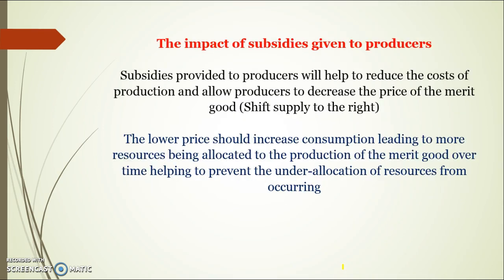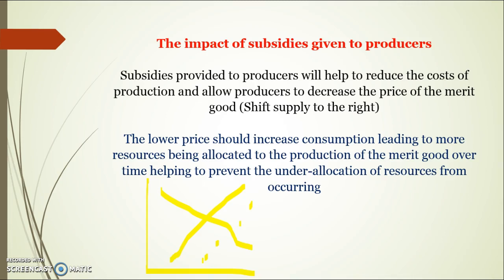So there's two different types of subsidies. You can give a subsidy to a producer, and that is designed to reduce the cost of production for the producer. So basically, if you've got a demand and supply curve, that would help to shift the supply curve to the right and lead to lower prices, and then that will help to increase consumption because of the lower price, and more resources will be reallocated to its production because it's cheaper to produce and therefore more profitable. So that means lower cost of production for producers and more demand from consumers as well.